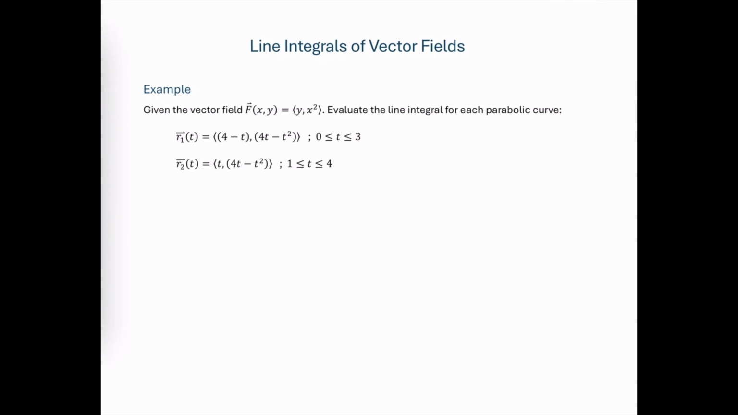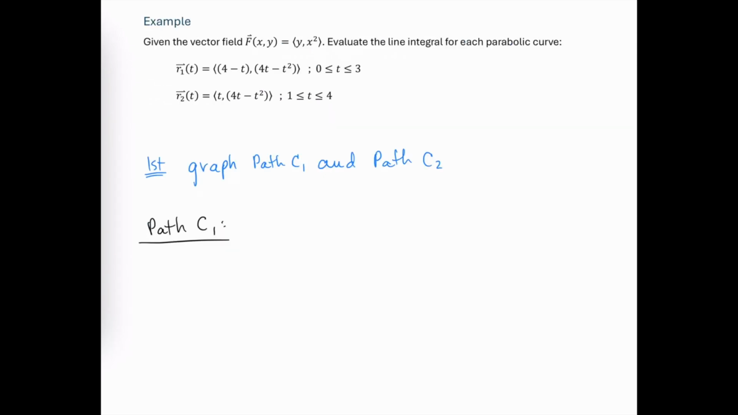Given the vector field, let's evaluate the line integrals for each of the parabolic curves. In this example, let's first graph each of these two paths. And let's first consider path C1. The parametric equations for path C1 are that x is equal to 4 minus t and y is equal to